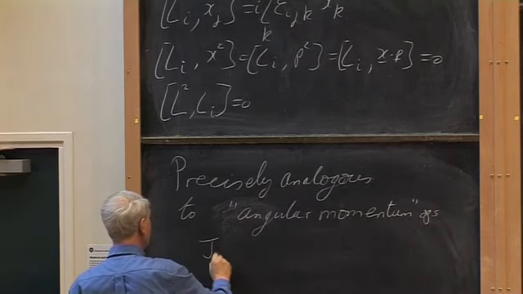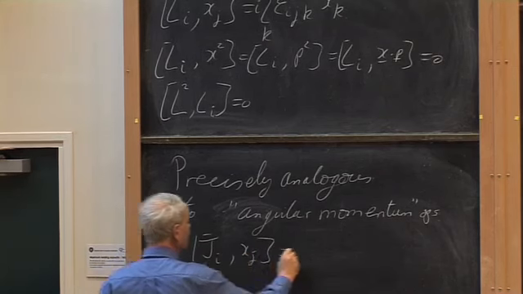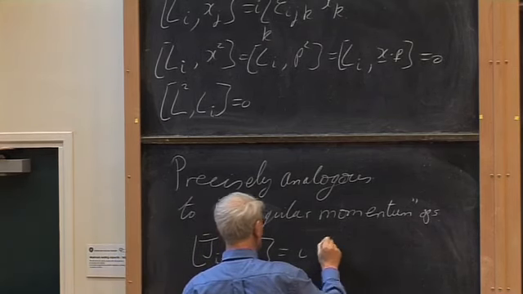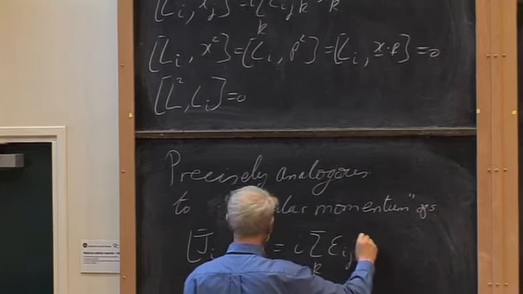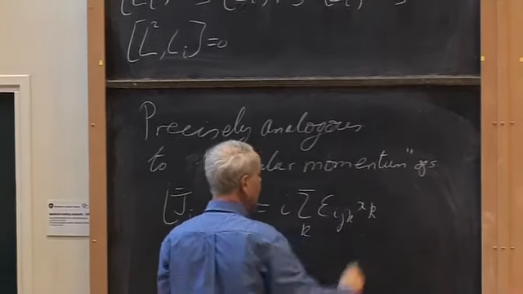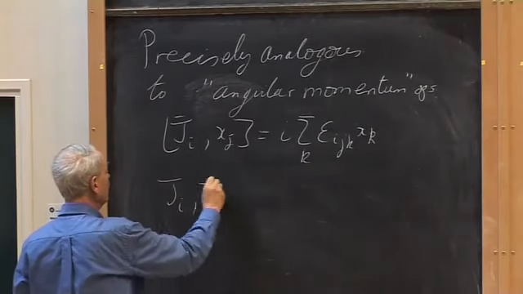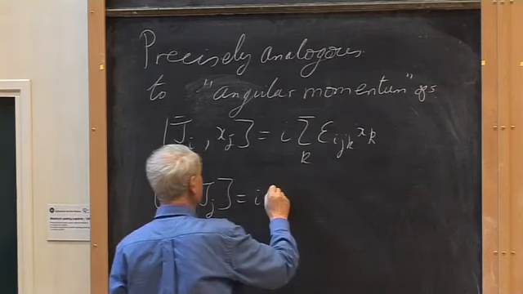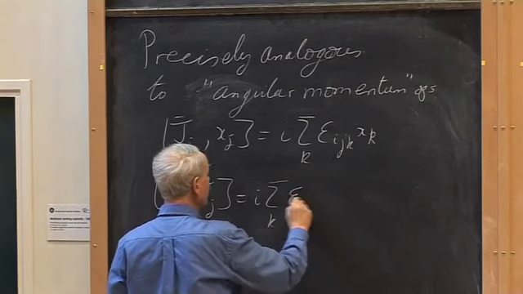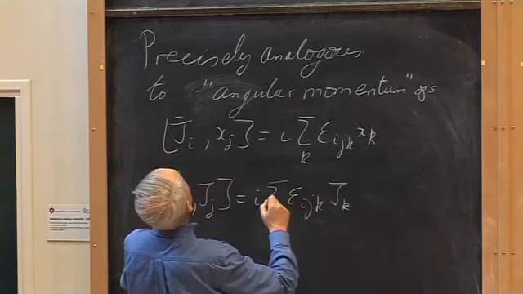So for example, the commutator of Ji with xj is i sum over k, epsilon ijk xk, etc., etc. So we have that the commutator of Ji, Jj is equal to i sum over k, epsilon ijk Jk,